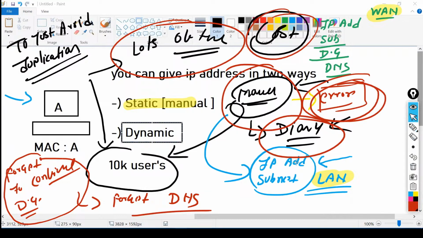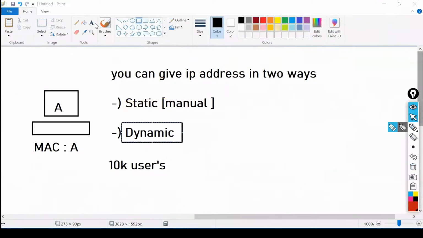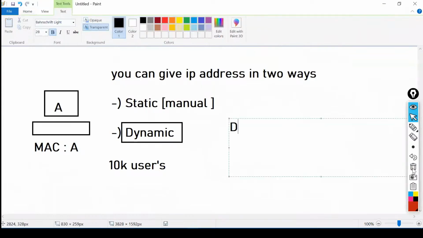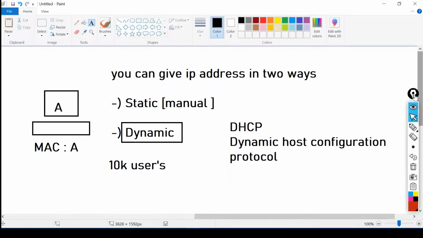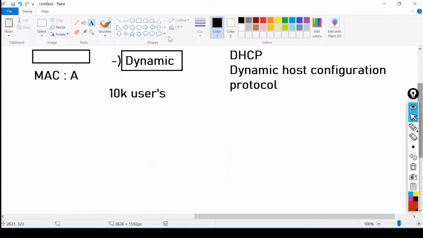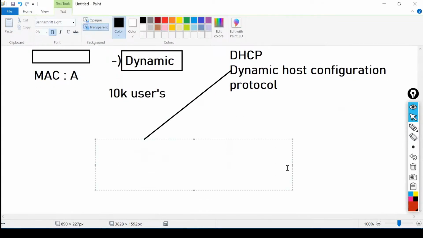So to avoid all these problems, we have introduced the concept of what? Dynamic. Dynamic allocation of IP address is known as DHCP. DHCP stands for Dynamic Host Configuration Protocol. Dynamic is what? Automatically, right?